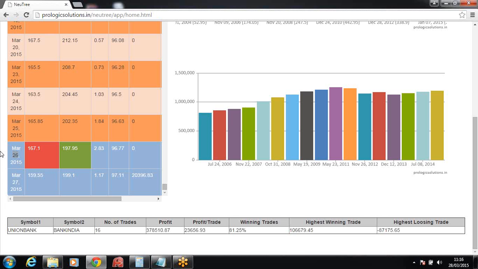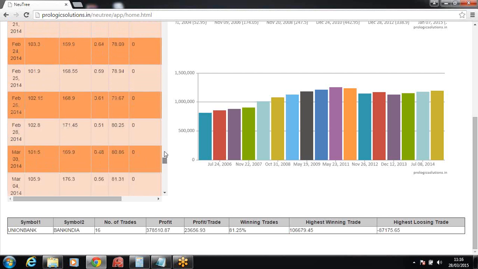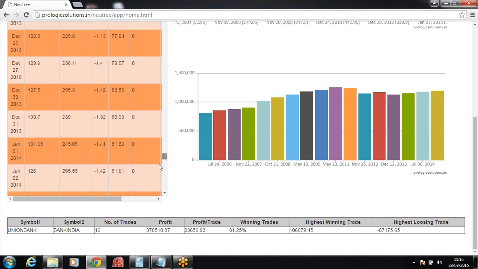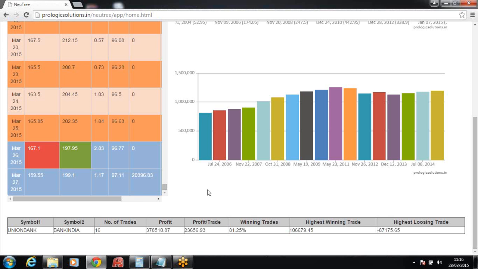So this is one example of what I have tried to show you, a live call which is running, with the historical profits. In case you trade this way, I don't see any reason why you should be losing. I mean, there's nothing called a losing trade. There might be one or two trades, but overall this strategy is designed in such a way that